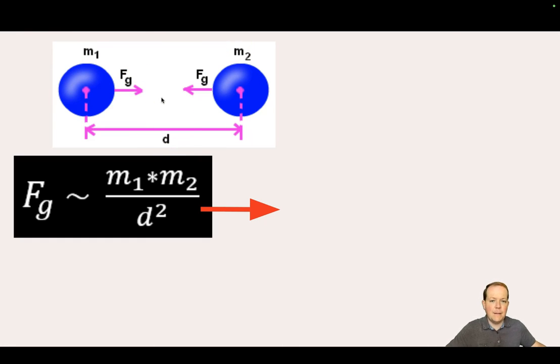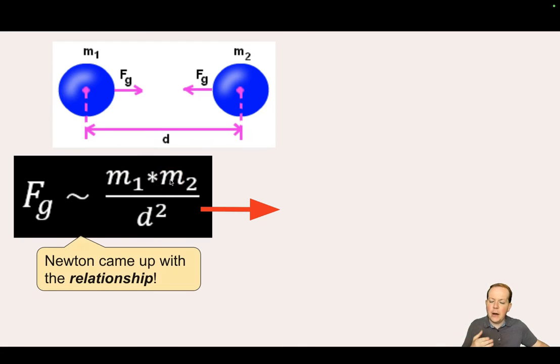This is what Newton came up with. He came up with a relationship, a proportion. What he found was how strong this force due to gravity is, F little g, it is proportional to, it's related. We've seen this symbol before. It's related to the mass divided by the distance. Distance is in the denominator and the distance is being squared. This is what Newton came up with.